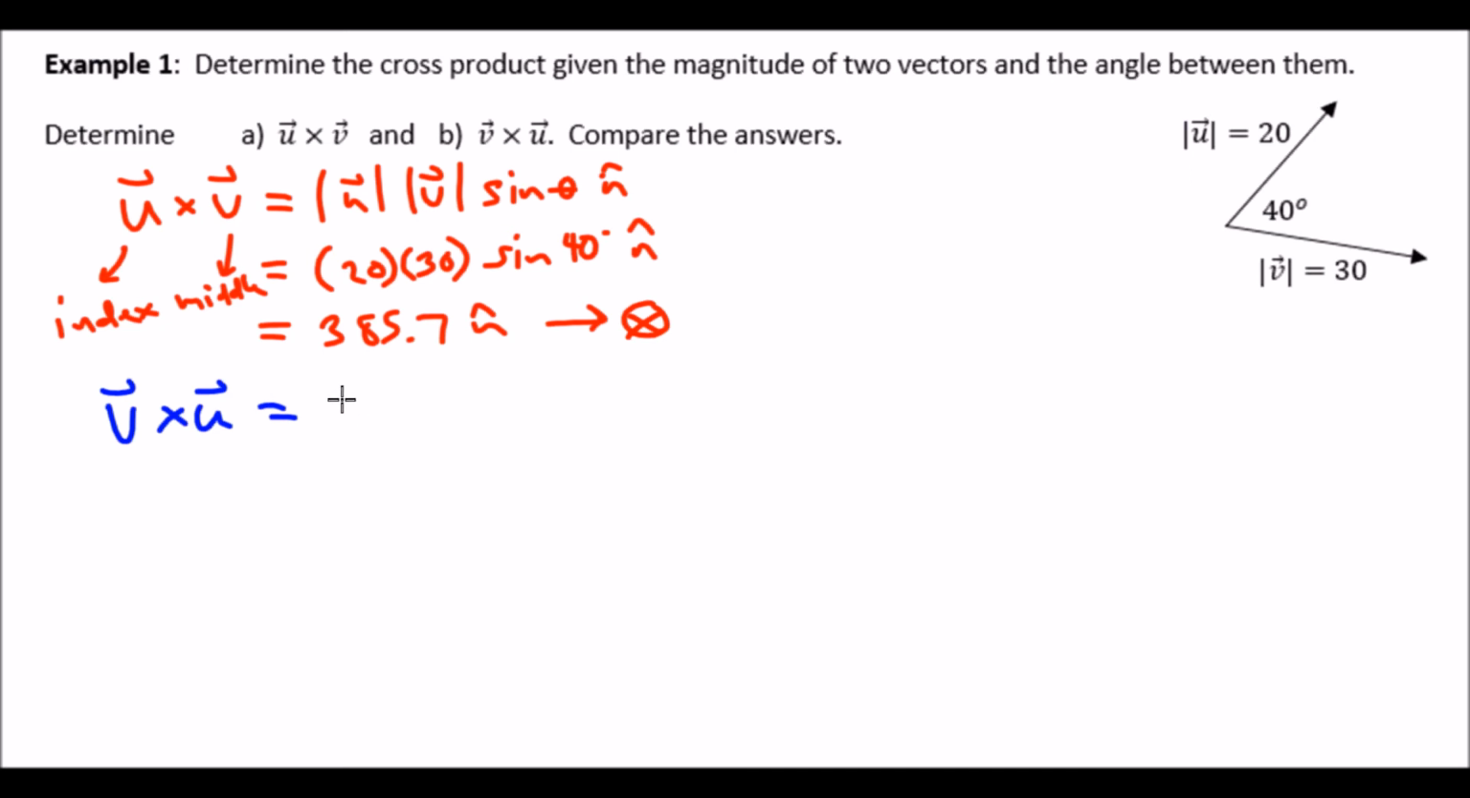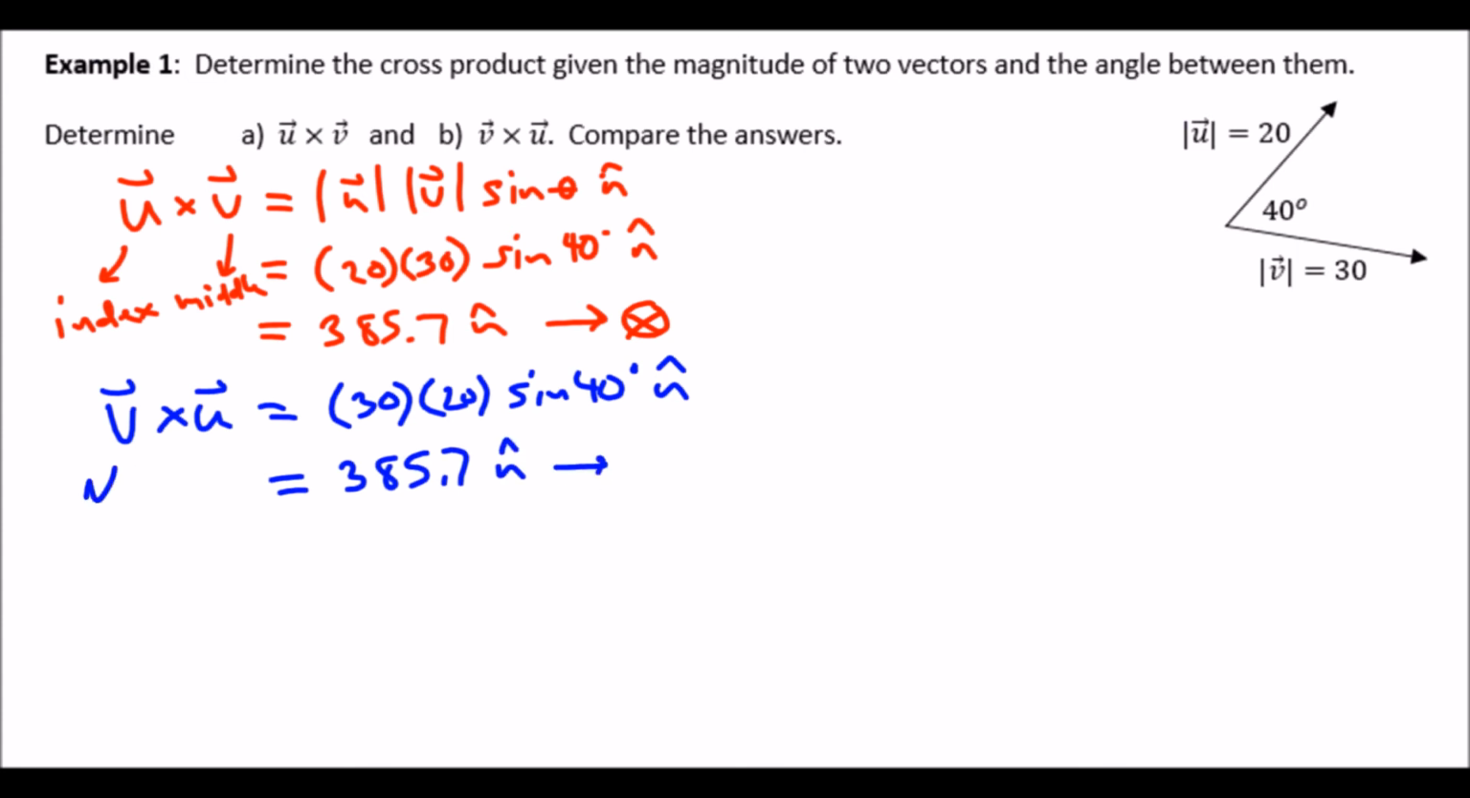So I'm going to do the same thing here, so I'm going to skip the formula, so it's going to be 30 times 20, sine of 40, n hat, and again this is going to be the exact same number, so it's going to be 385.7, and then the n hat, well, now this is my index,